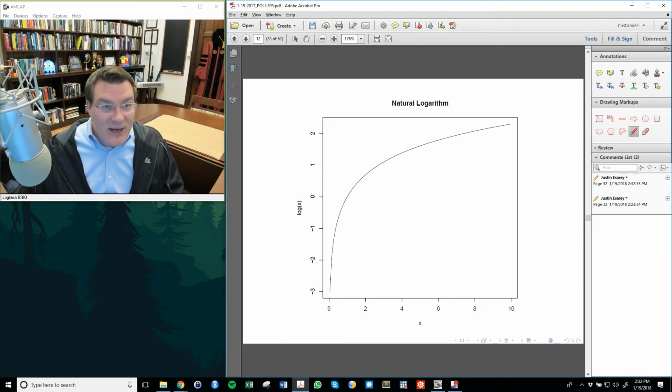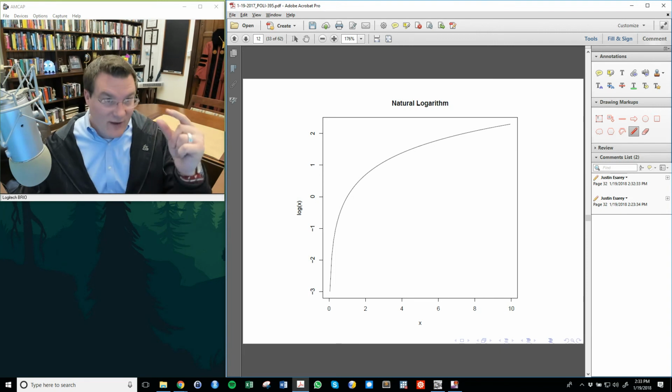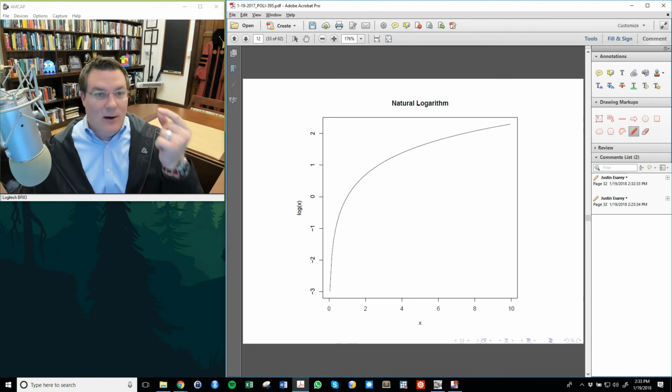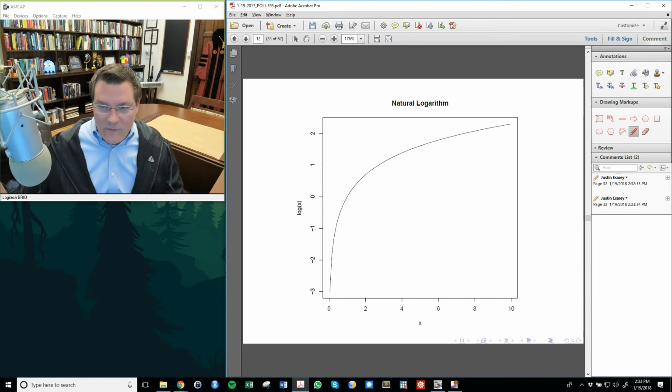As the number gets bigger, it's monotonically increasing. As x gets bigger, the log of x gets bigger, but the derivative, the degree to which it gets bigger, shrinks. The slope goes down, essentially. For studying population, this is helpful because some countries have a huge population, other countries have a relatively smaller population. This tends to help put all the countries on a similar scale.